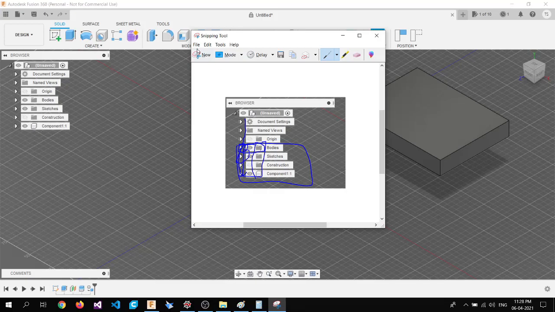So we are only interested in the pattern of these menus, that is bodies, sketches, constructions and components. According to me, components is something that we are not going to use immediately, but we will know the design, pattern and structure of the menu, so that whenever we come across components while automating Fusion 360 videos, we will know how to deal with it.